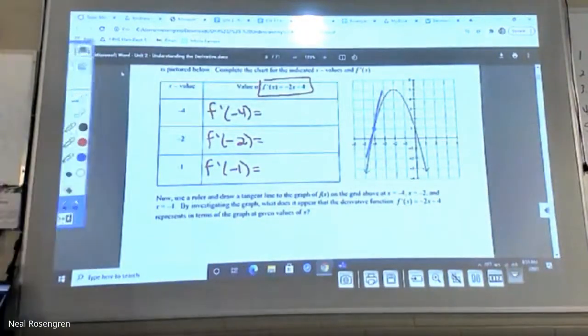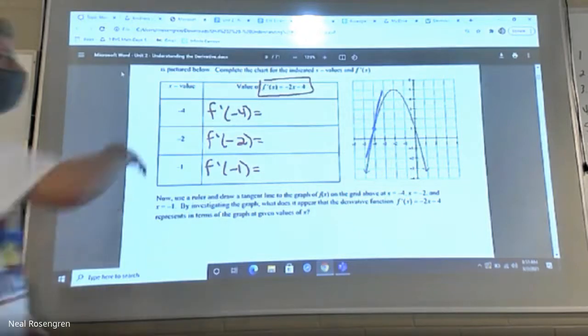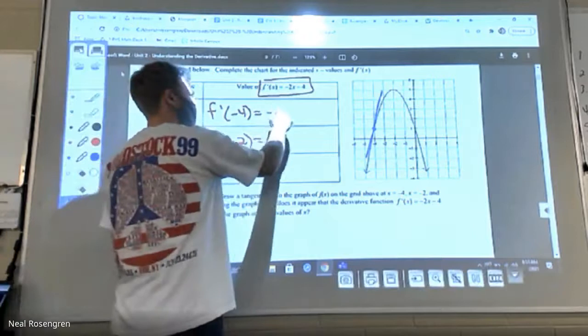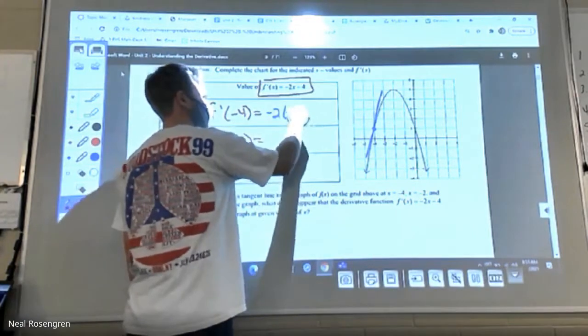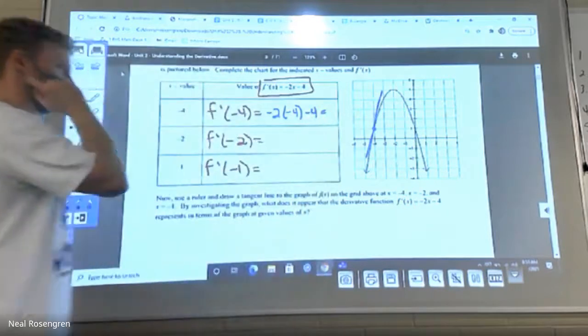Well, what do you think? Is that slope going to be positive or negative? Let's start with that. Positive, going up. Perfect, right? The line's going up. So I should get a positive number over here. Let's see what kind of positive number we get, and all we have to do is plug it in. We did this in class yesterday, so if you were in class yesterday, this is kind of recapping something.